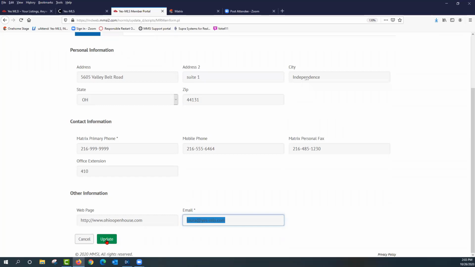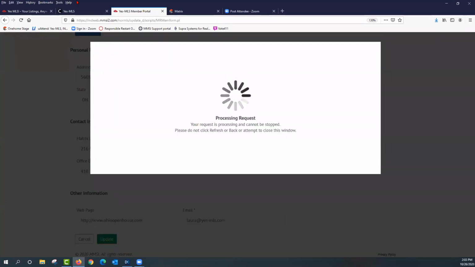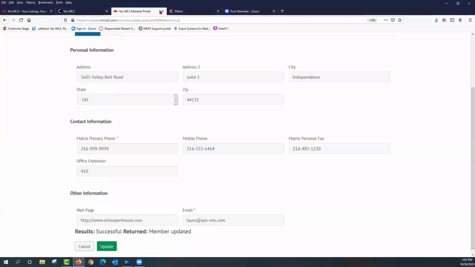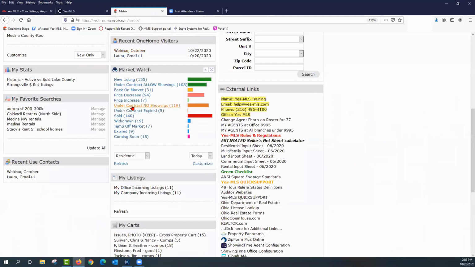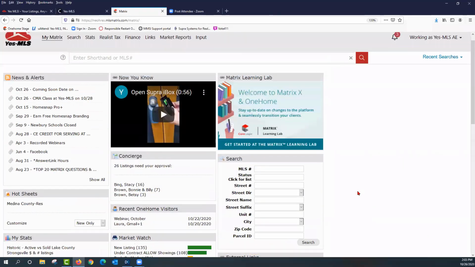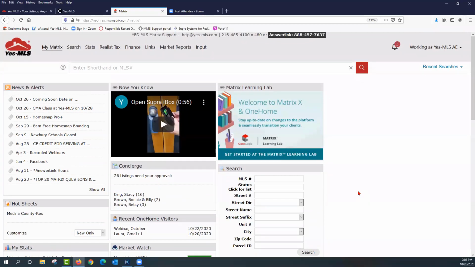Once you're finished and you press update, that is going to take about 15 to 30 minutes to update back into the MLS. So give that some time. That's not immediate. Anytime you change that data, it'll update on your listings. It will update as your from email address if you should be sending emails and you changed your email address. Your phone number will change on your listings, things like that. So do make sure that you maintain that on the MMSI screen, and it will update across through the MLS